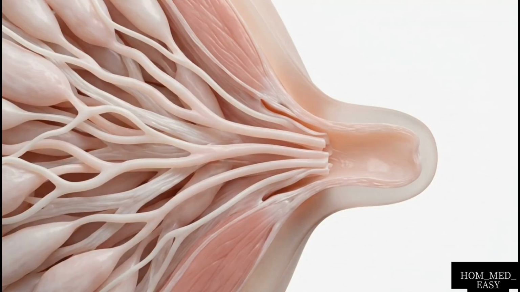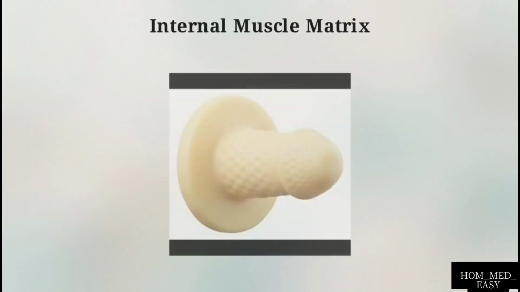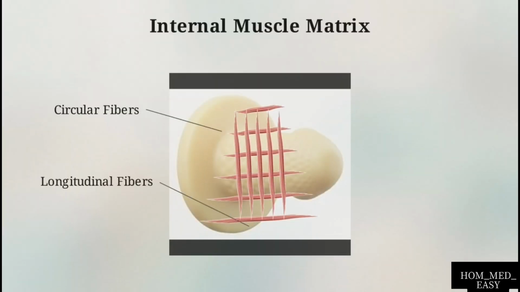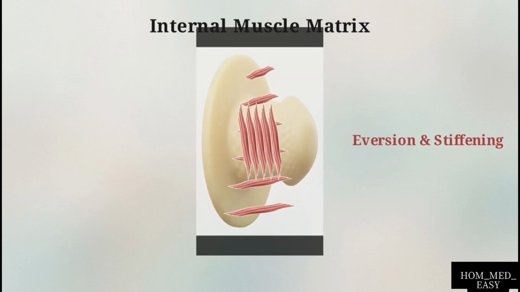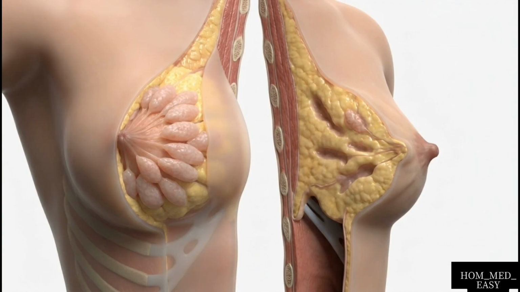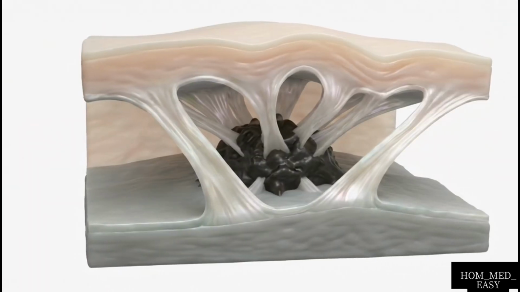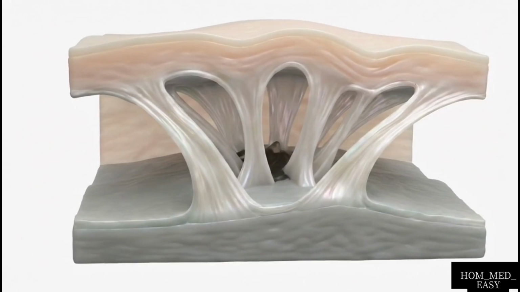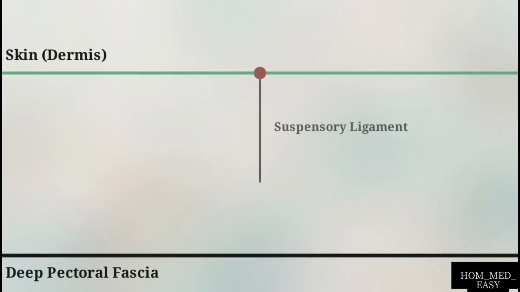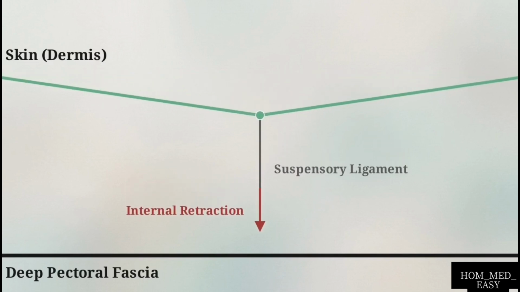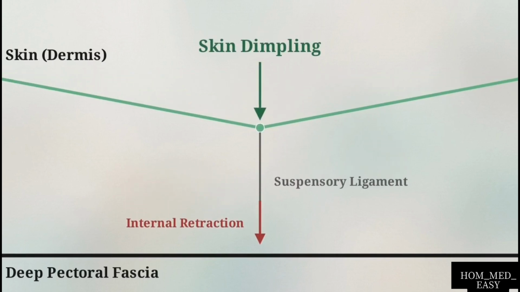Because these ligaments are anchored to the dermis, the internal retraction creates distinct visible dimpling on the surface of the skin. The glandular tissue undergoes rapid, extensive hypertrophy during pregnancy and lactation. Supporting that metabolic demand requires a highly dense arterial network. This diagram illustrates the dual arterial supply lines that effectively split the perfusion of the breast into distinct medial and lateral territories. The medial half of the gland receives blood primarily from the perforating branches of the internal thoracic artery,